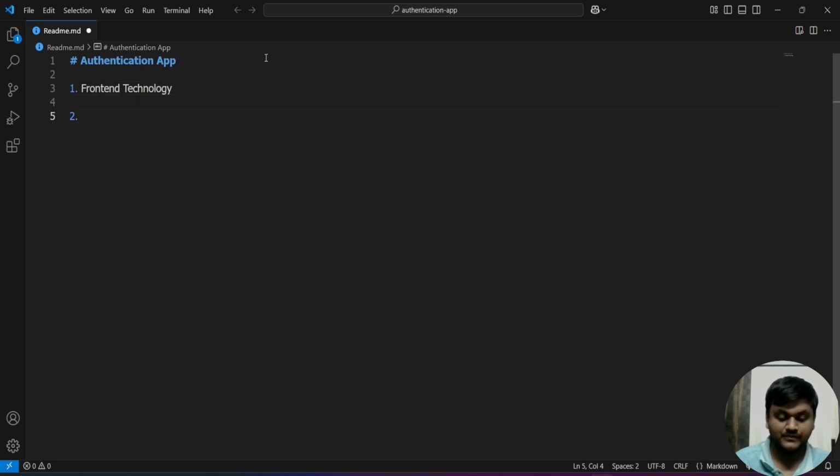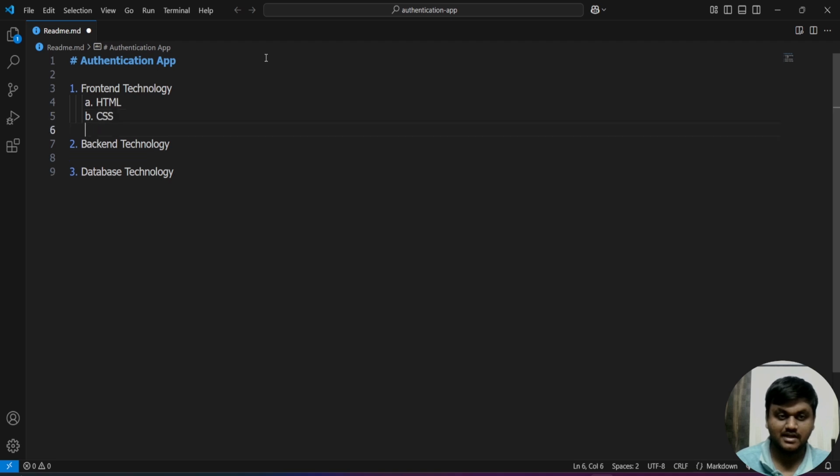Another one is the back end technologies. Another one is the database technology. These three things. In the front end technologies, we are going to use HTML,